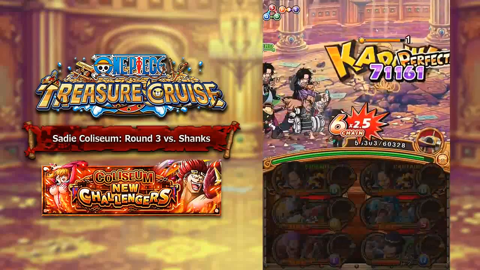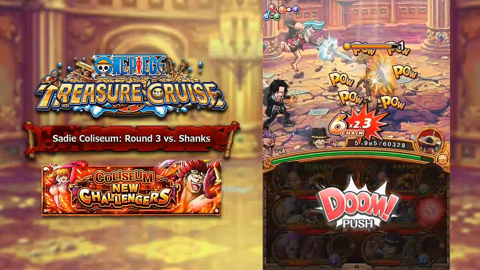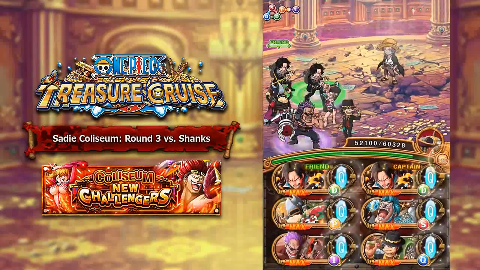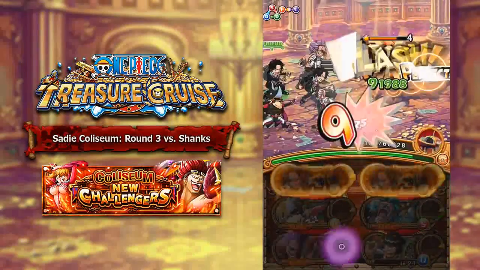So, the way that I am thinking in my head with this team is because he has a really, really annoying effect where once he gets below 50% or something like that, he does like 7k damage. So, I was using a Crocodile team before this, and Crocodile wasn't working too well. You could potentially bring a Mihawk team, but he has 6 million HP, so he has a lot of HP,